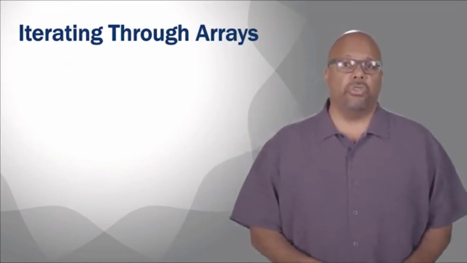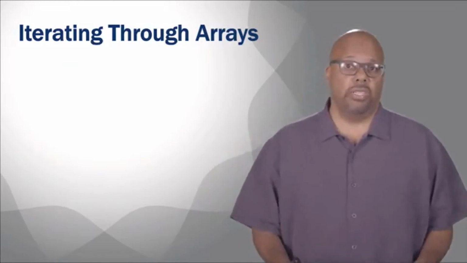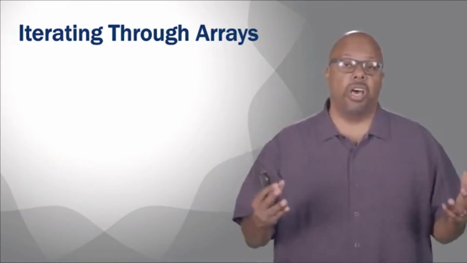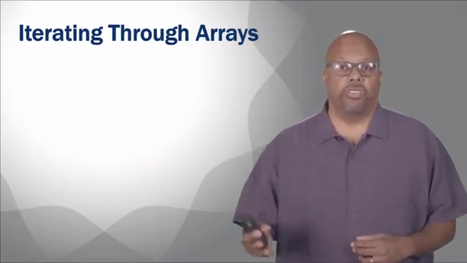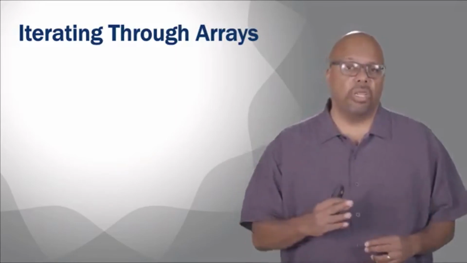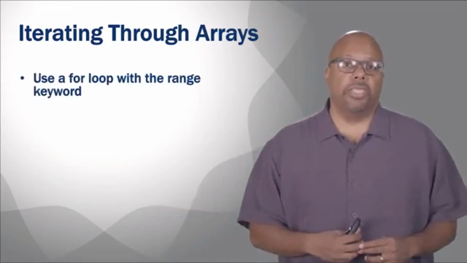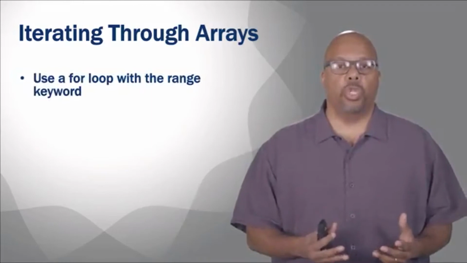The most common programming operation that you do to arrays is to iterate through the array. You look through each element of the array and you do something with the element. Maybe you add it to a sum, or you check to see if it's greater than 5 or something like that. But it is extremely common in programming to iterate through an array and check out each element in the array. The way you do that in Golang is with a for loop.